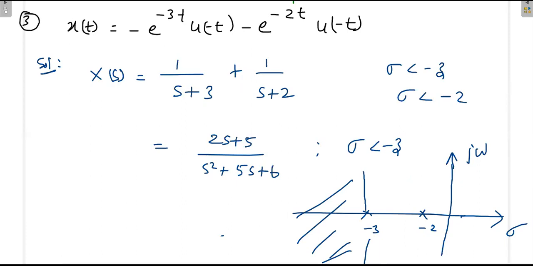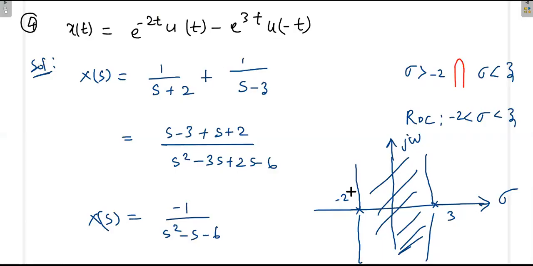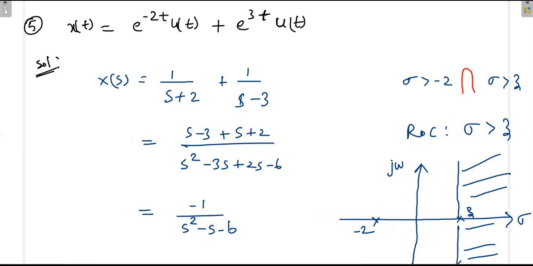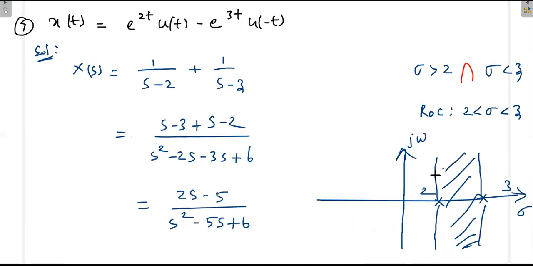In the first set we are choosing both as negative poles. In the second set we are choosing one negative and another one positive. In the last set, the third set, that means the 7, 8, 9 problems, we have chosen both the poles as positive poles. So we have chosen all the possible varieties. Instead of 2 poles, there may be 4 poles also, but once you understand these 9 varieties, you can answer any questions.